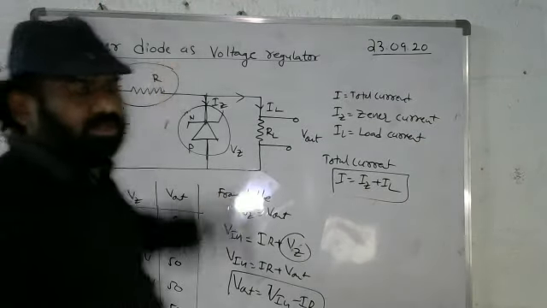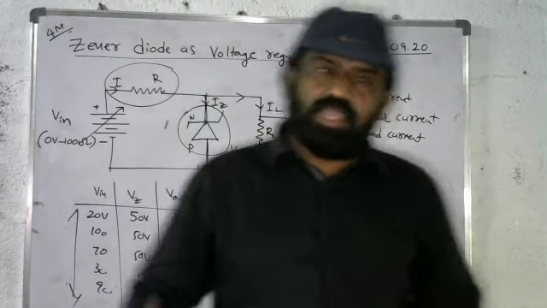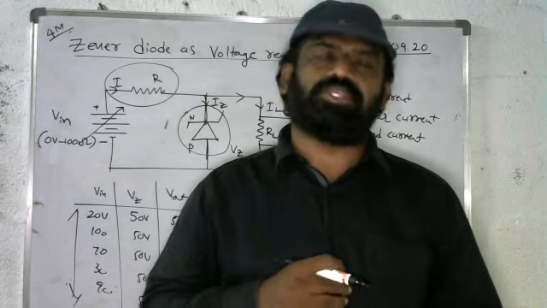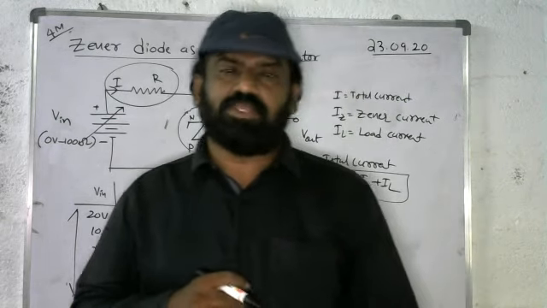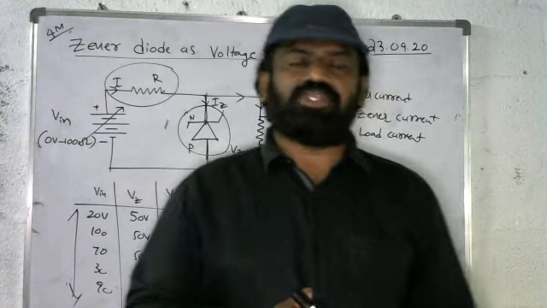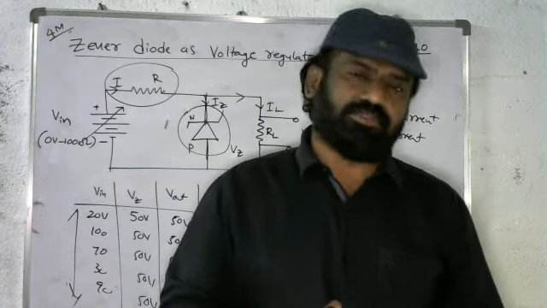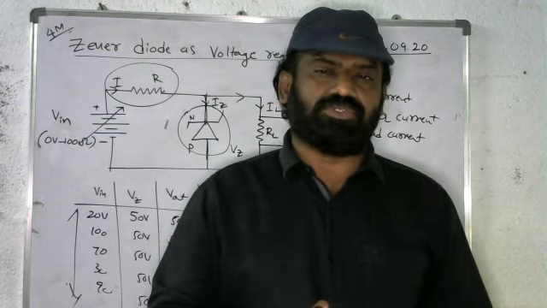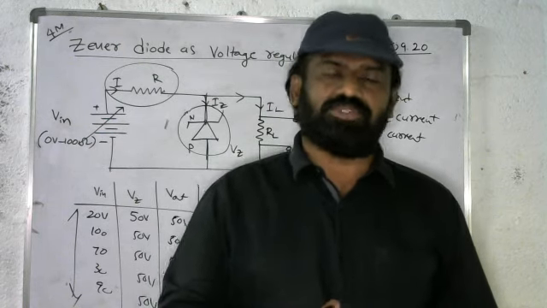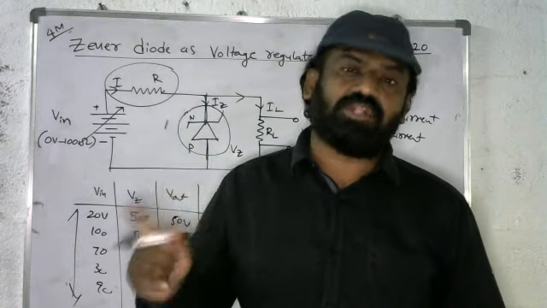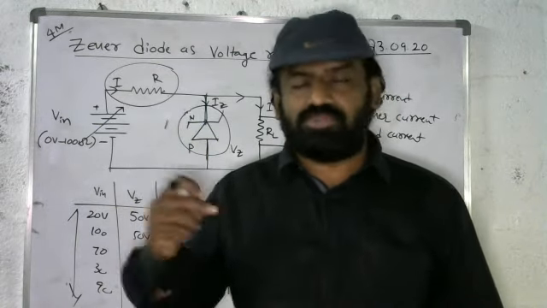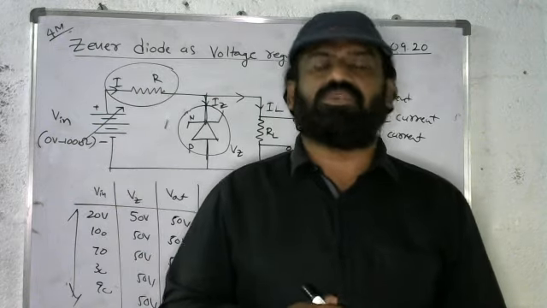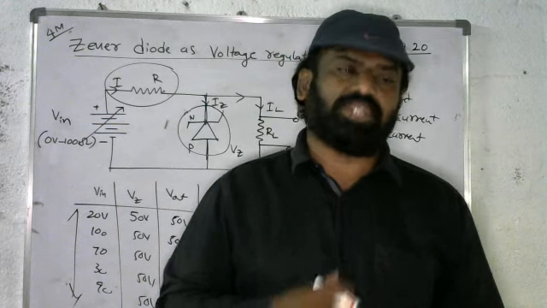A Zener diode is a heavily doped PN junction diode which has a sharp breakdown voltage when it is operated in reverse bias condition. Generally, the Zener diode is always connected in reverse bias condition. In forward bias condition, a PN junction diode is used, but for reverse bias operations we are using this Zener diode. The Zener diode can also be used in forward bias, but we use it only in reverse bias conditions. This Zener diode can be used as a voltage regulator.